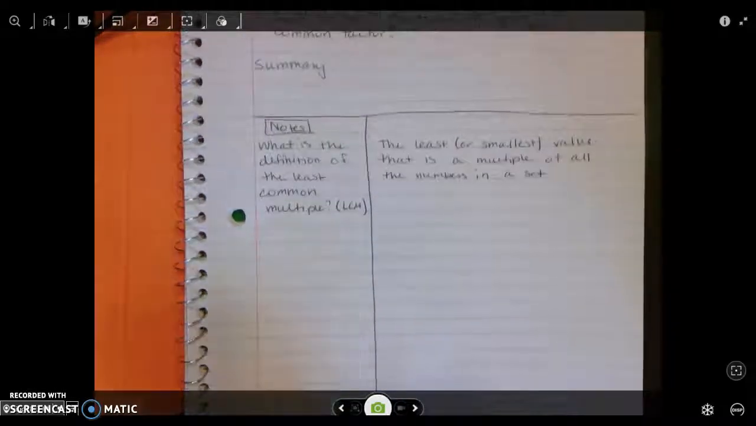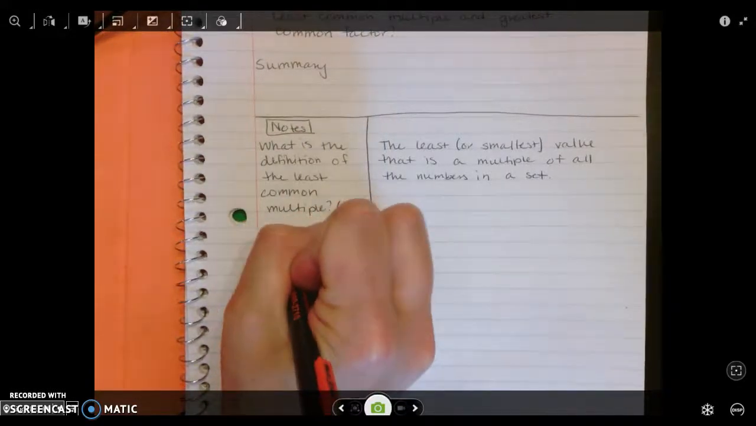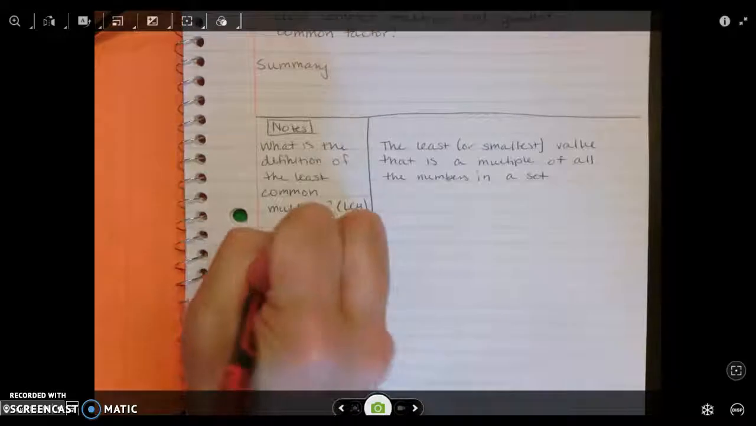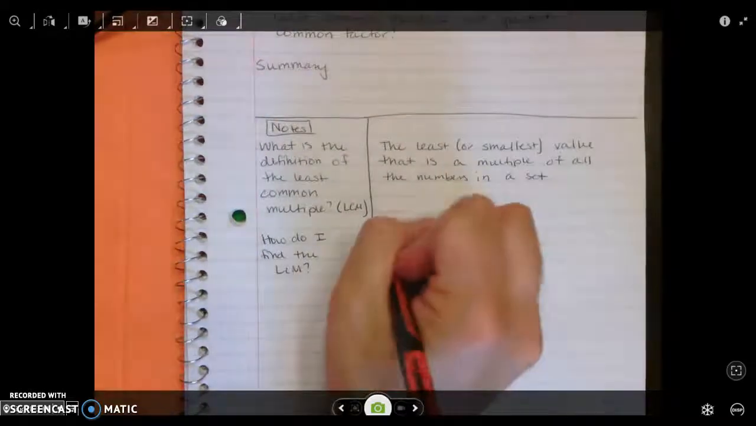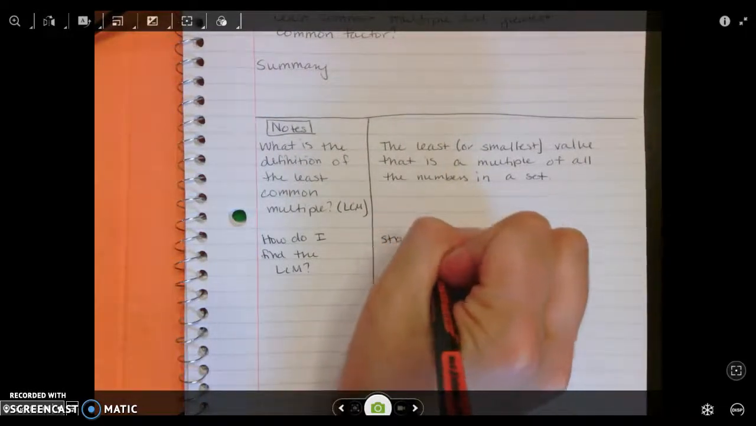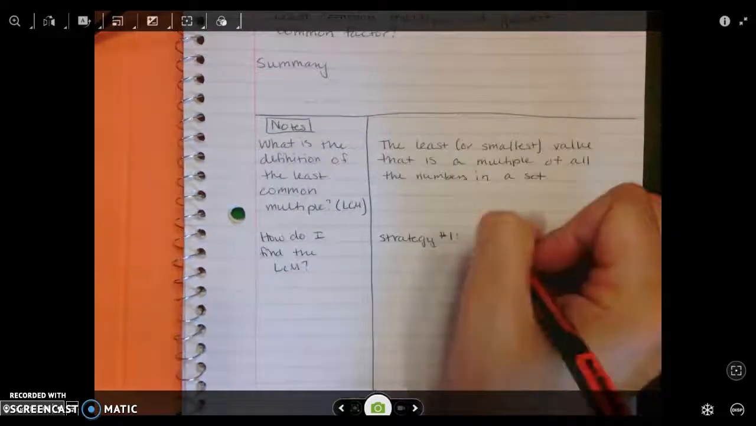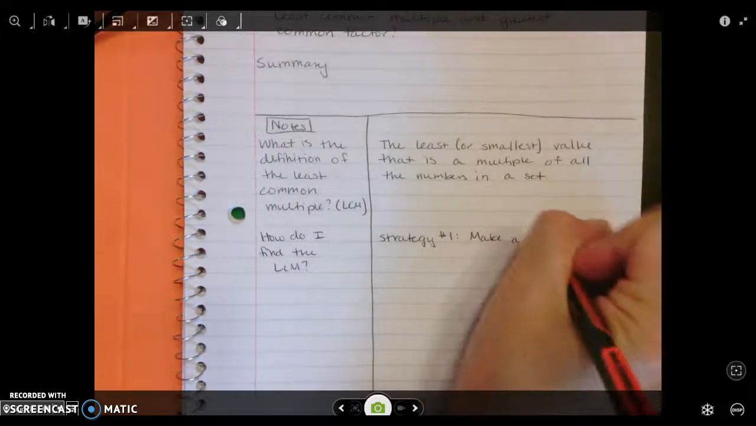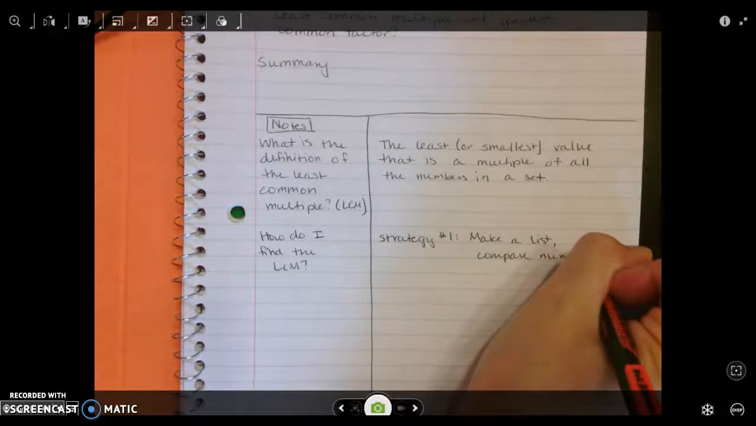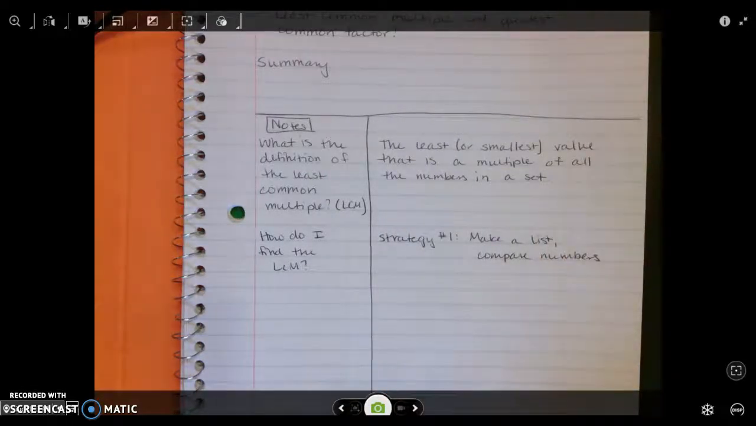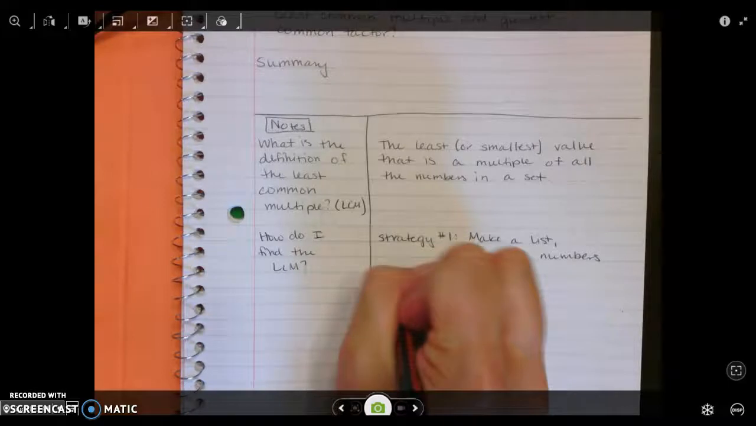Now, first off, how do I find the LCM? So we have 2 strategies, very similar to greatest common factor. Strategy number 1 is make a list, compare numbers. That strategy can be very accessible for a lot of students. Some people, though, that's just a little too vague. Making lists and comparing numbers, I had to do the same thing when I was looking for the greatest common factor. So another strategy